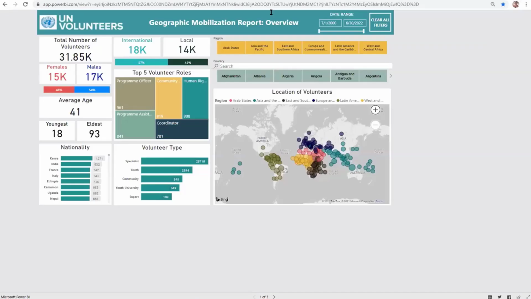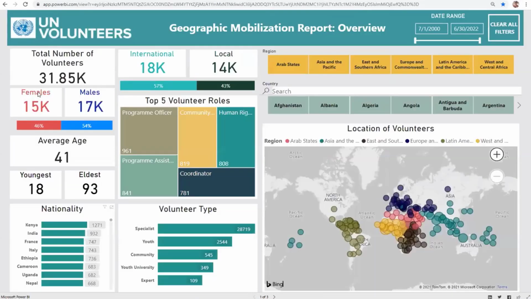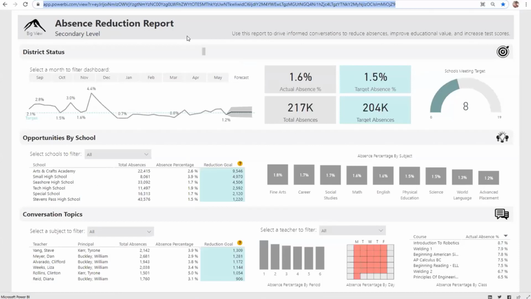A couple of small examples I would like to give you are reports like these. This is a secondary level student absence reduction report. This shows the percentage. In a class, 2.8 is a time when more absentees happened. If you look around November, this particular time, 4.4% seems to have increased, because there could be some functions or Thanksgiving or something like that. Because of that, 4.4% absentees happened.